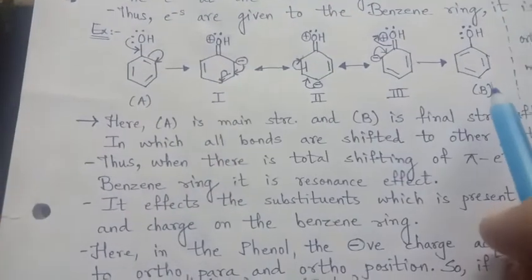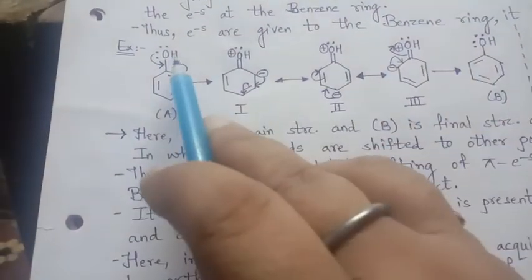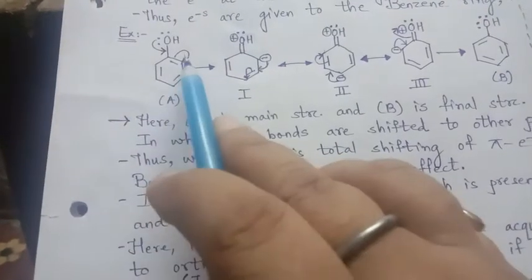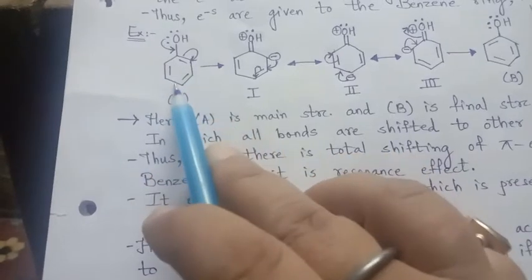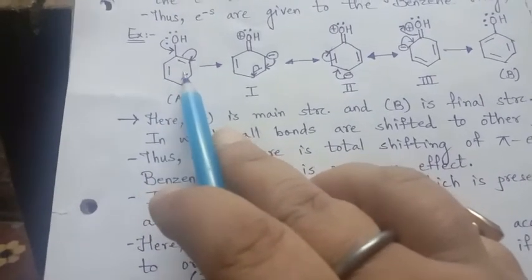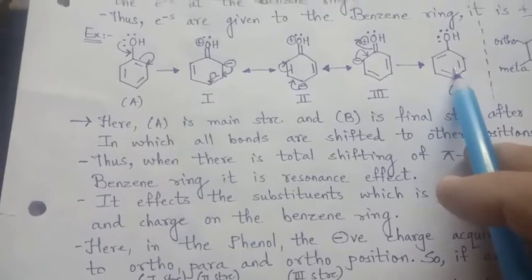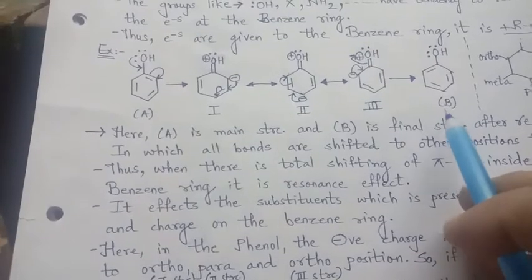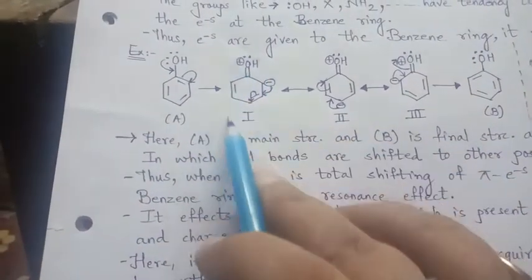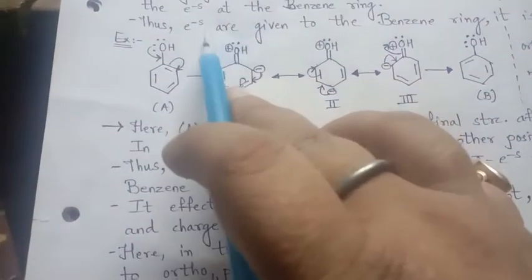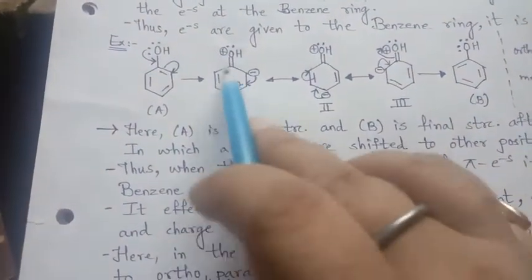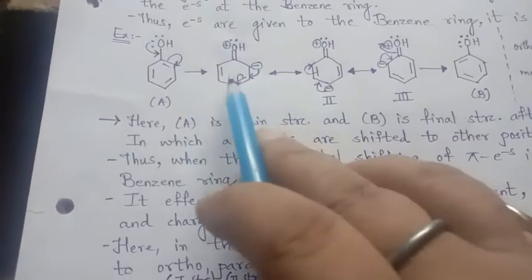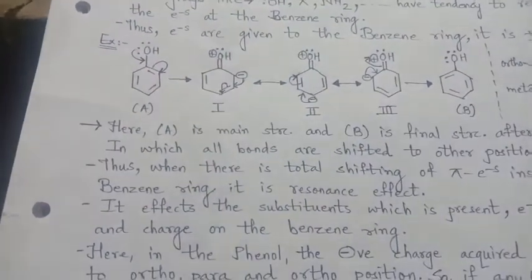Compare A and B. What will we see? This remains as it is, but see here now. The double bond is now shifted. You can see this 2 has acquired this 2 position, and this has acquired over here. We can see here, right? So from this A to get B, this is the resonance, that is the canonical form, which continuously takes place. As I told, spectroscopic studies show that this thing continuously takes place.